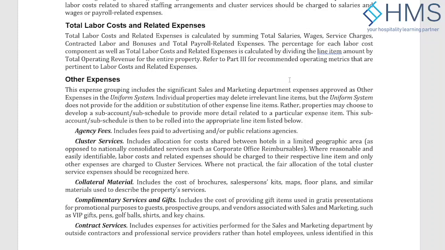So normally what happens is that you hire a PR agency or advertising agency. You tell them that we're going to spend, let's say, on search engine marketing. You want to place Google ads, but since the hotel may not have the capability to do the Google ads by themselves, they may hire an agency and say we want to spend, let's say, $5,000 on Google ads in this month.